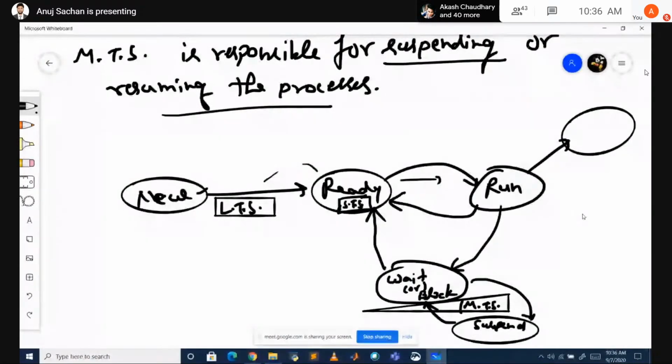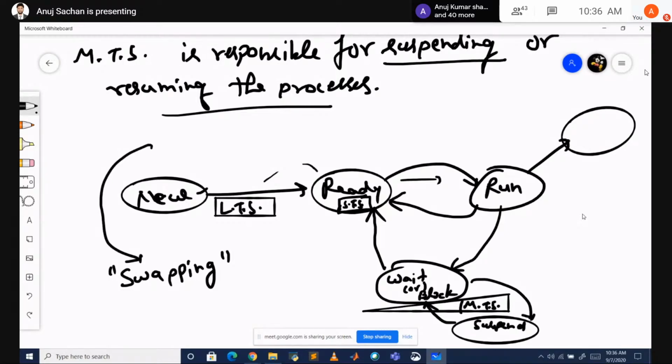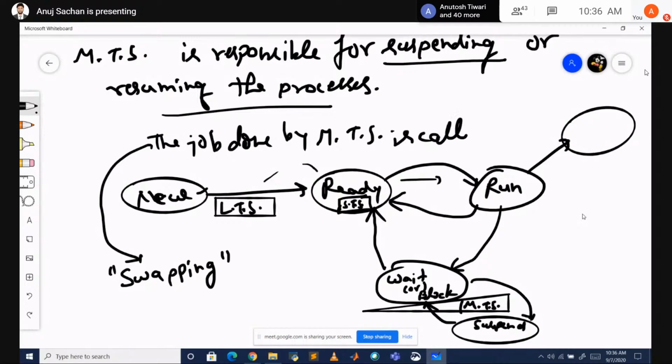जो मिड टर्म शेड्यूलर काम करता है उसको बोलते हैं स्वैपिंग। लिखना चाहो तो लिख सकते हो, द जॉब डन बाय मिड टर्म शेड्यूलर is called as swapping।